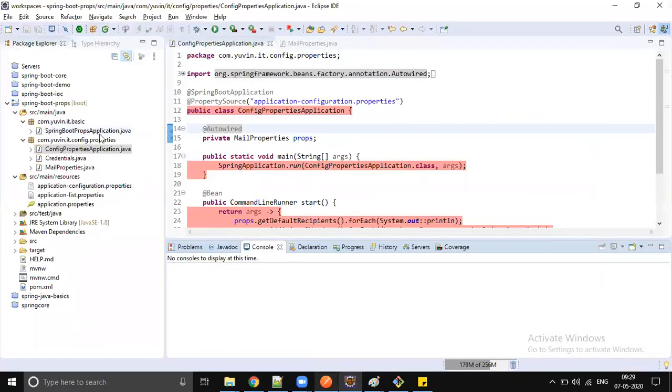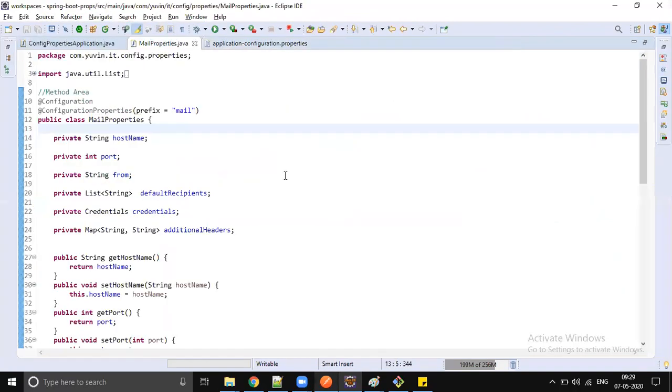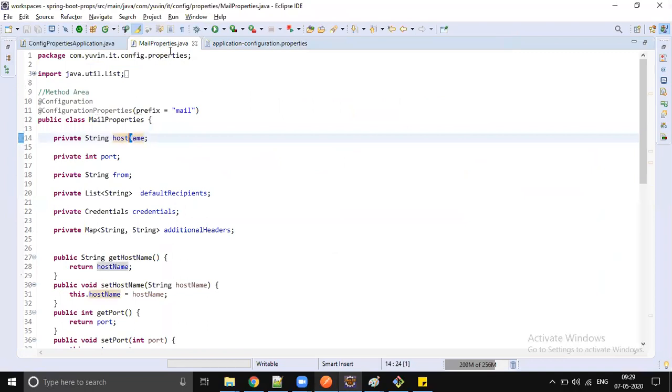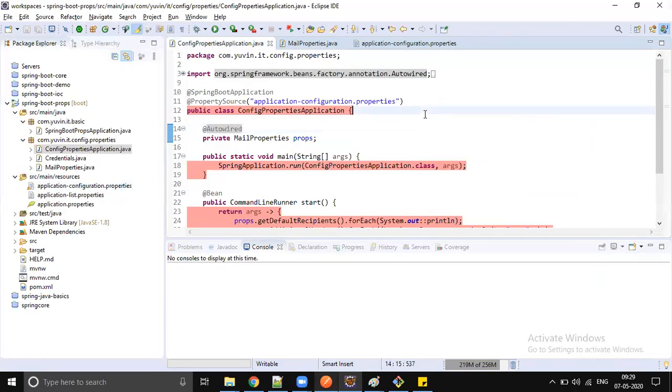For example, in my properties file, if you see, hostname has a small n, but in my Java configuration I have a capital N. Still it works, because this camel case lowercase and uppercase will be ignored by relaxed binding. If I just add a hyphen, go back to my main class and run the code, I still get that host name printed on the console.